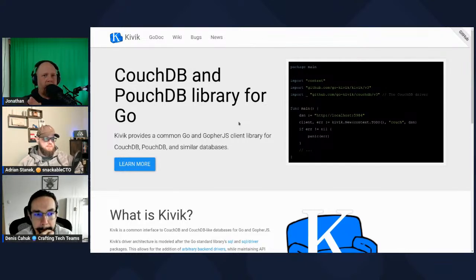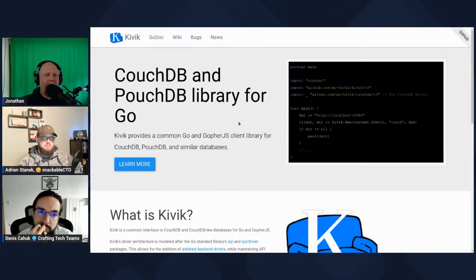So I have the sort of front end of the library that I call Kivik, and then you can plug in different backends. Now, most people just use the CouchDB backend because that's what they want. That makes sense. But I have a couple of other backends that are in various degrees of development. And the one I'm working on now, the feature I'm adding, is for SQLite. So I could plug SQLite into the back of my CouchDB API.